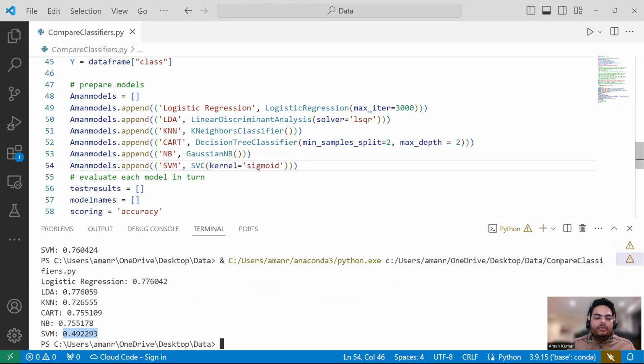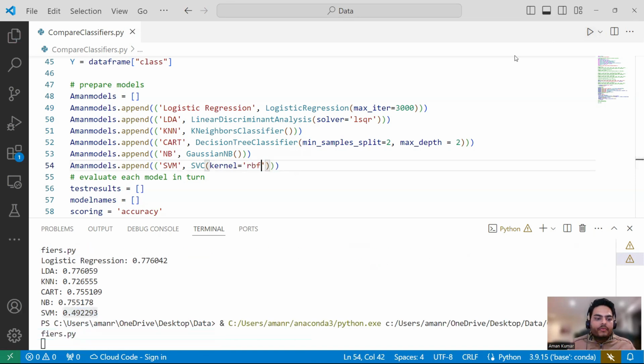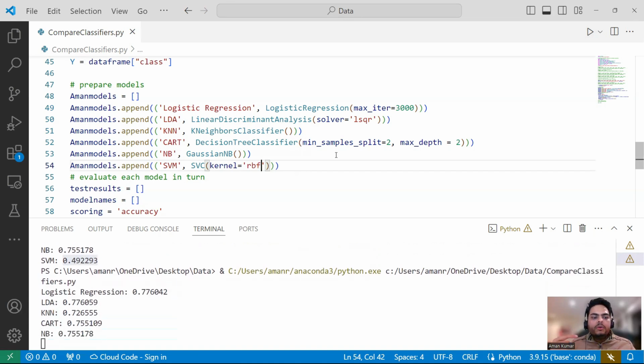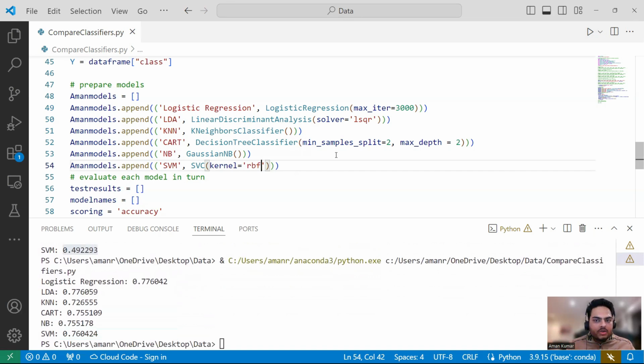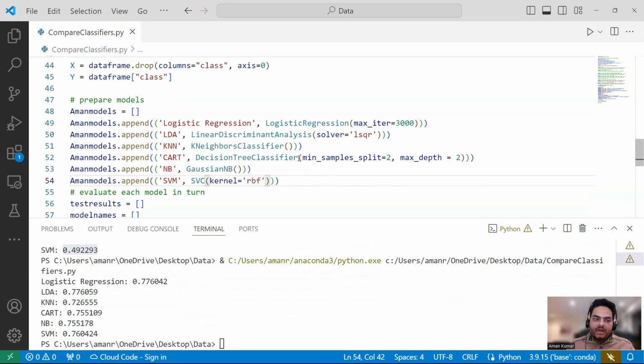And if you use RBF, the performance is better. So what is the meaning of this? The meaning is that in this scenario, the RBF kernel is doing a better job. You can go and read about the difference between RBF and sigmoid kernel. But to keep it very simple, RBF is here doing the separation of the classes according to how the data is distributed. So if you play around with kernels, you can understand the difference behind this.